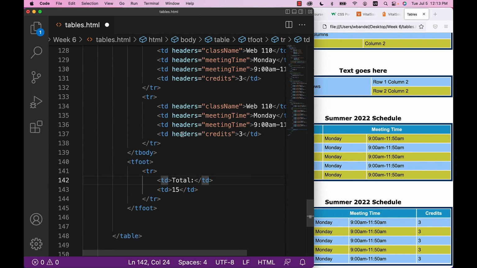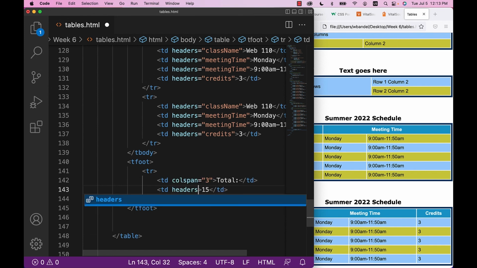And then I want the column span to be equal to 3, so that way it spans across all 3. Now, it doesn't really make sense for this total to be associated with the meeting time or the class, so we don't actually have to associate this with a header, so that one I'll leave alone. This one though, I can go ahead and say headers is equal to credits, because that one makes sense. So let me save that